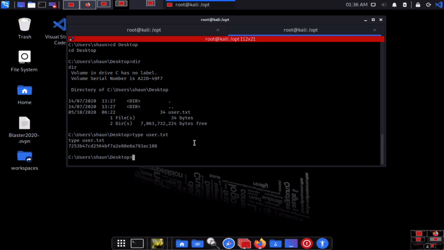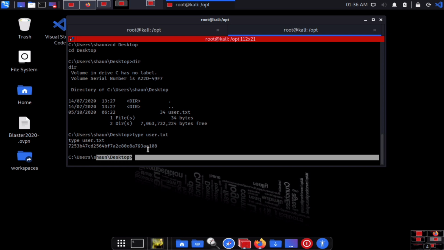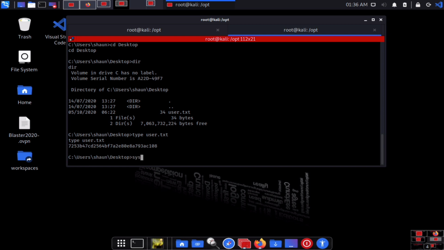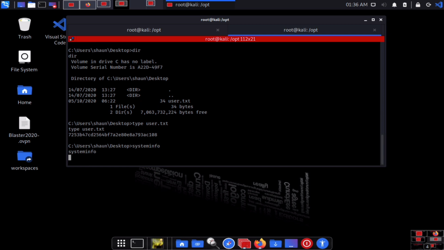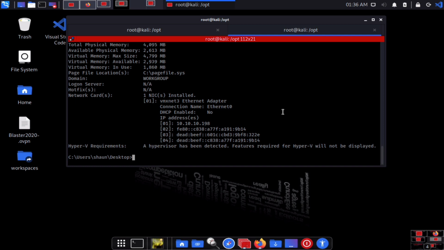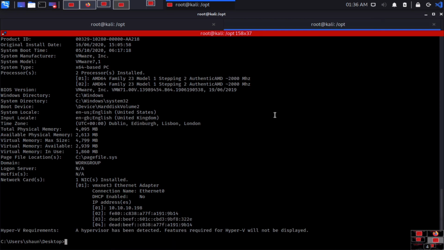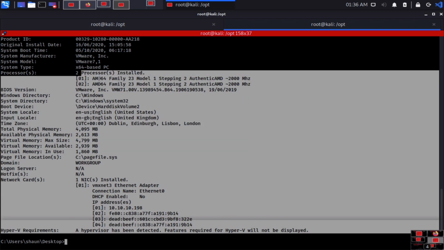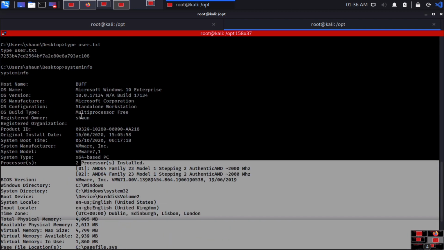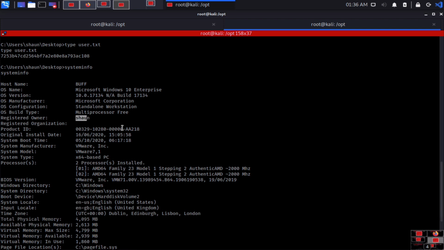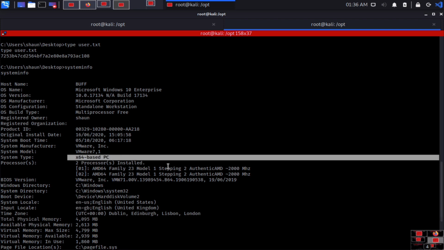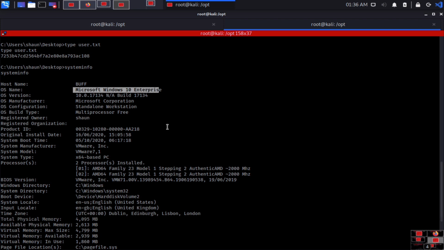And second, we have to identify the root flag. The best way to identify this is enumeration. Perform enumeration and then check what exactly is happening. So what I do, I use the systeminfo command and check it out. So much information is available here, and let me copy it. If you want, you can copy all the information for further analysis. Here the user, and I think it's a 64-bit architecture. Yes, 64-bit PC, Windows 10 operating system.